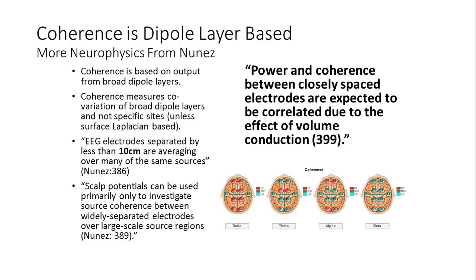As we said, electrodes separated by less than 10, maybe 8, more conservative, are averaging over many of the same sources. Scalp potentials can be used primarily only to investigate source coherence between widely separated electrodes over large source regions. And that's straight out of Nunez, who's one of the leading experts on neurophysics. And again, he's saying, the longer your distance, the more accurate and effective your information is. And that's why, one of the reasons, for clinical purposes, not research purposes, but for clinical purposes, I prefer to use